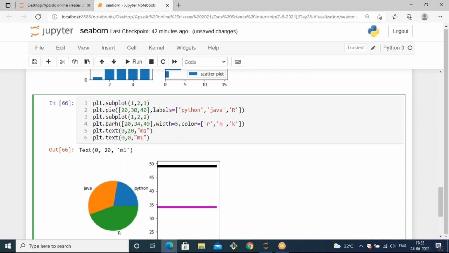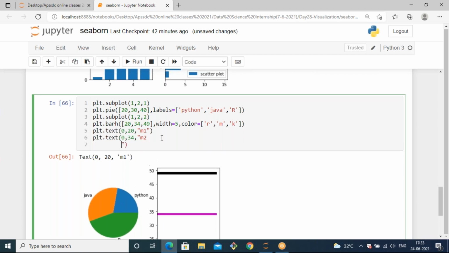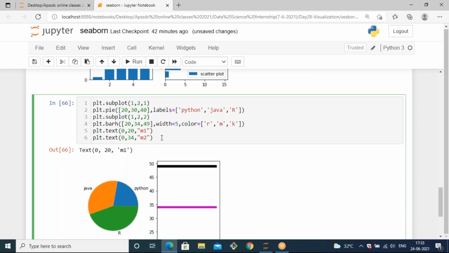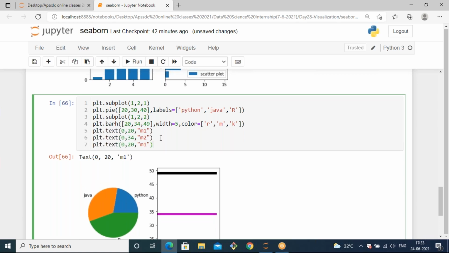And 0 to 30, 0 to 34. So m2, let's make it text as m2, and 0, 49.